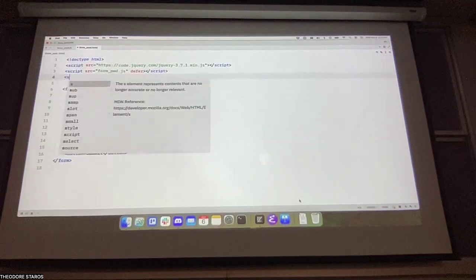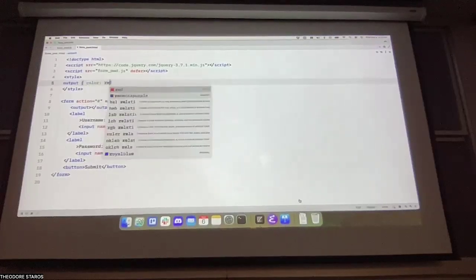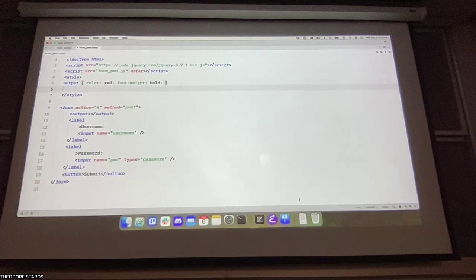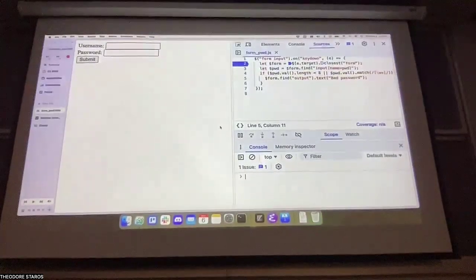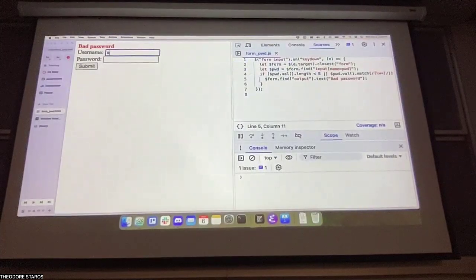And while we're here, we might as well add a style. Output. And maybe let's also make the... All right. So let's try again. I'm gonna turn off the breakpoints. And as I type, you can see it's saying bad password, and it's going to keep saying that